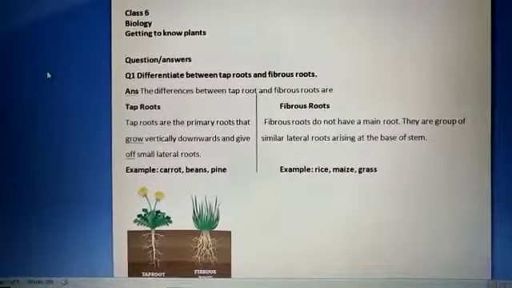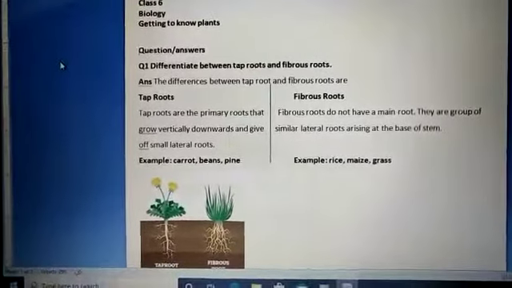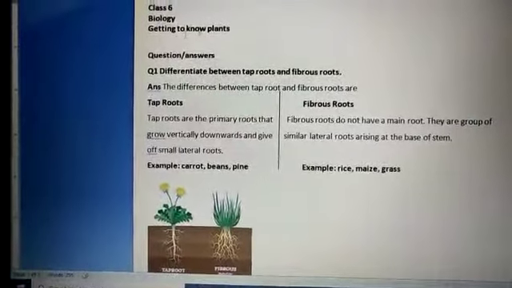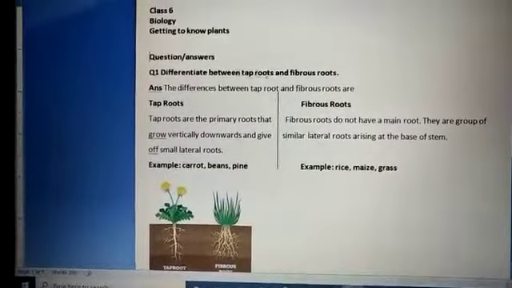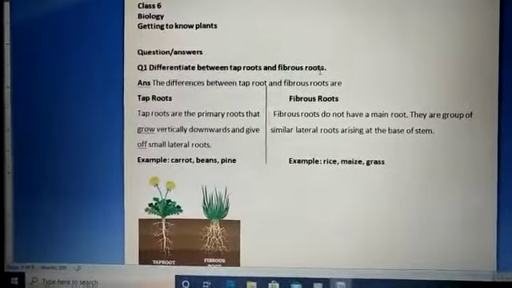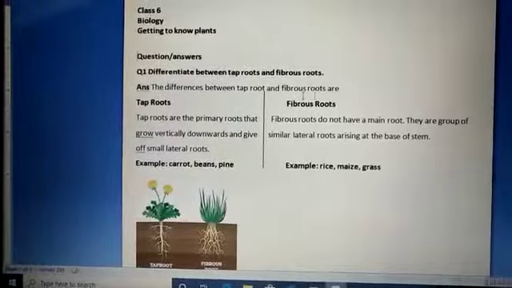In this video, we will discuss the question answers of the chapter Getting to Know Plants. Let's begin. Differentiate between taproots and fibrous roots. The differences between taproot and fibrous root are: